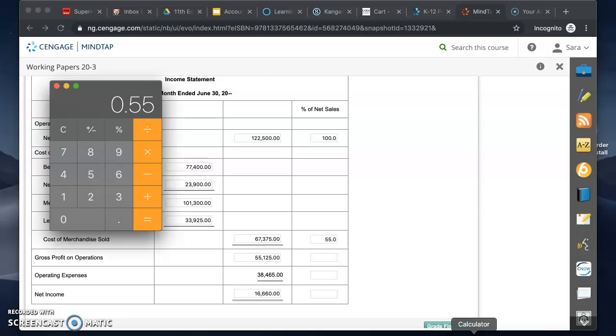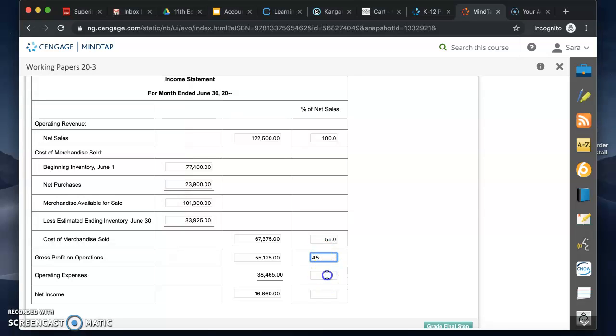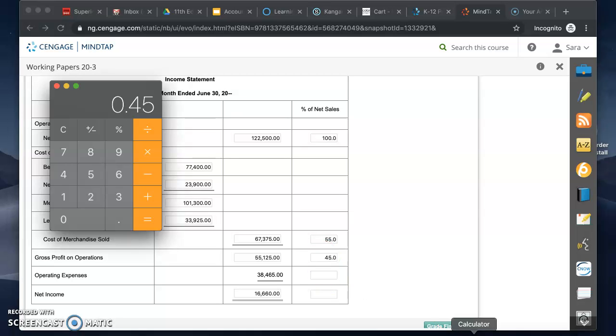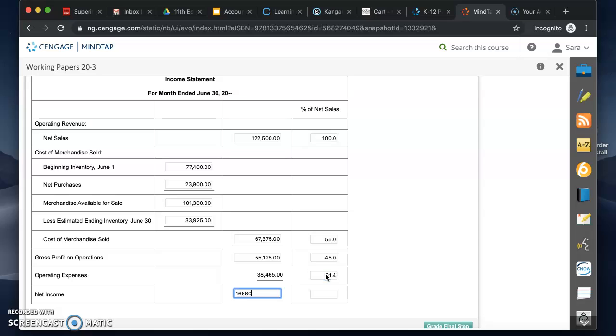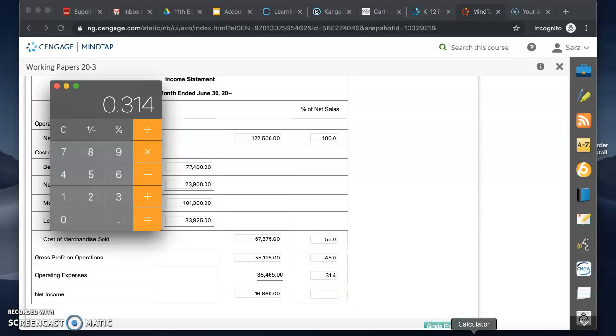Then our gross profit, so 55,125 divided by 122,500 equals 45%. And then 38,465 divided by 122,500 equals 31.4. And then our net income divided by the 122,500 equals